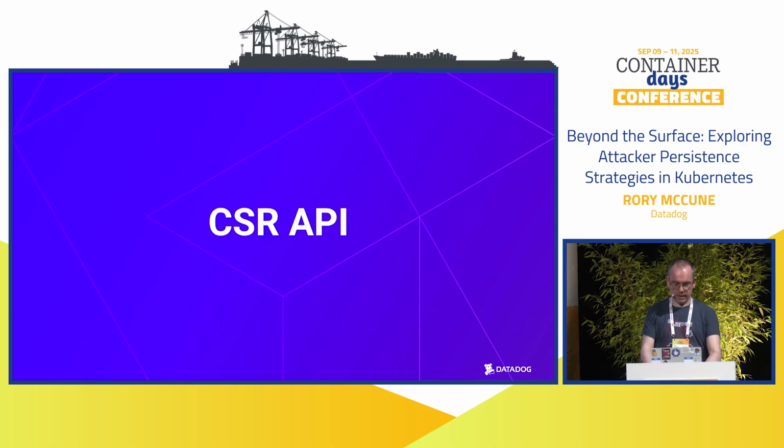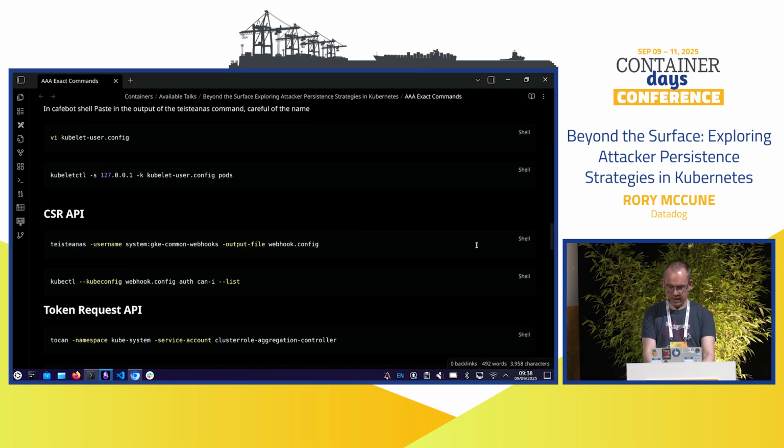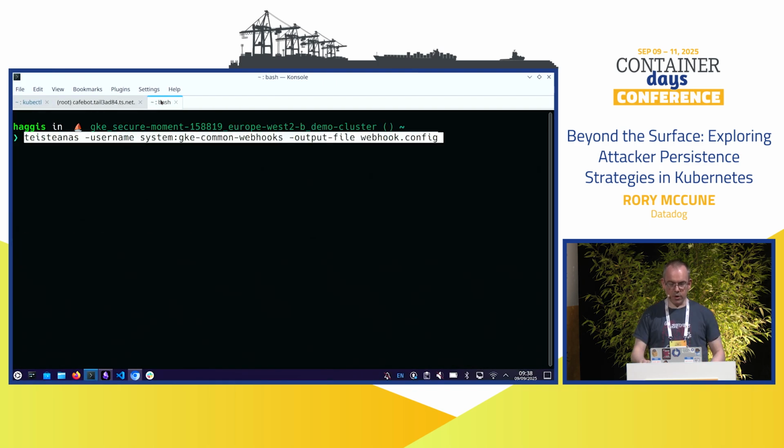So what we can do is actually go and show how this works. And I'll explain what I was doing earlier on, because I promised I would explain how this command works. So what we're going to do here is I'm going to create a new credential, and I'm going to call it webhook config, and I'm going to clone a user called system:gke-common-webhooks. And one of the reasons as an attacker I would clone this user is if you looked in the audit log and you saw gke-common-webhooks had some activity, would you really expect it to be malicious, or would you just think it's something GKE is doing for itself to manage the cluster?